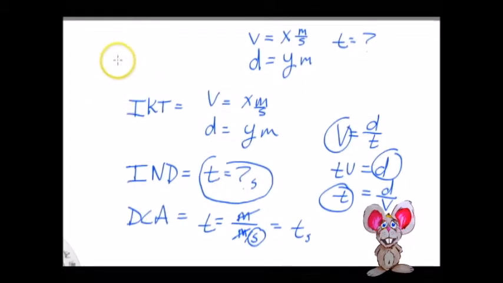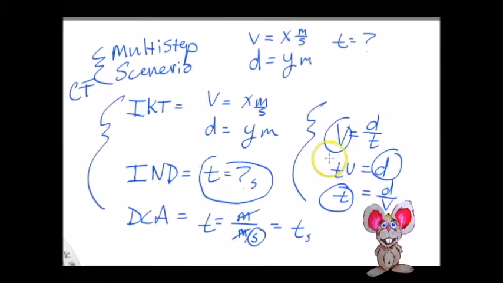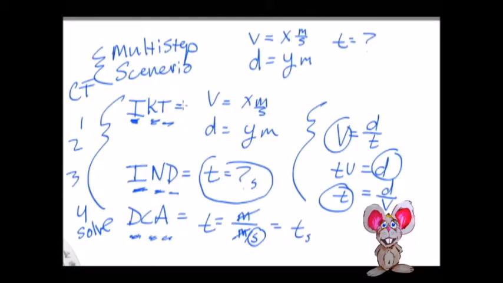So today we talked about conversion factors with a multi-step scenario, right? Multi-step scenario for conversion factors. And we talked about fact families again, physics-based fact families or formula-based fact families. And then we also talked about isolate known terms, isolate needed data, and then determine course of action. 1, 2, 3, and then 4 is solve. A 4-step process to solving physics problems. There you go.